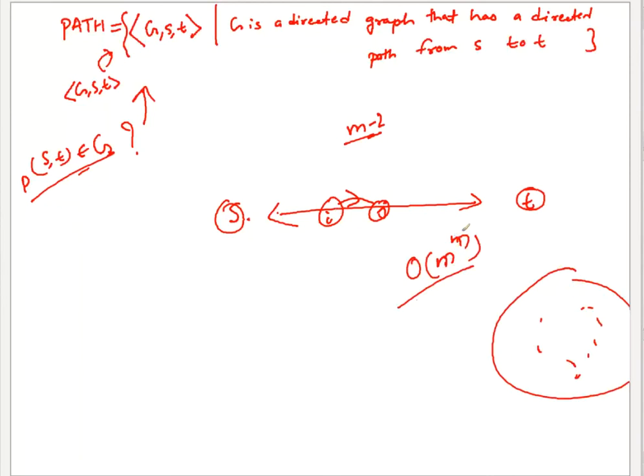What is the input size? For a graph, what is the input size? To represent a graph in the Turing machine, you can use either an adjacency list or an adjacency matrix. An adjacency list is a bit shorter. If you use even an adjacency matrix, it will be M cross M, M square. So the size is M square. But anything that is polynomial in M square will also be polynomial in M.